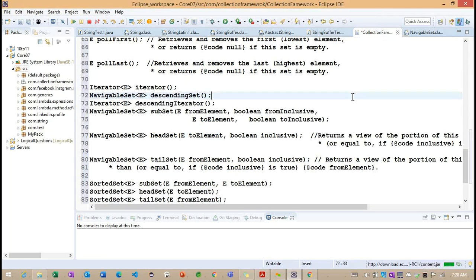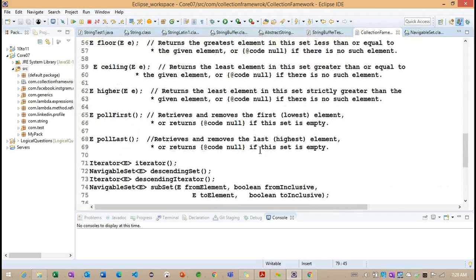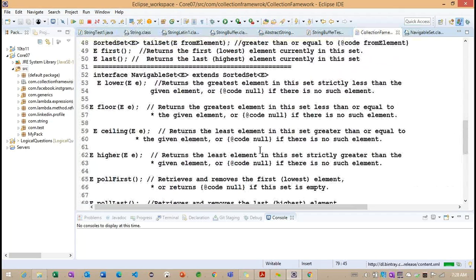We'll try to understand each method's implementation here. But for now, we just need to understand the behavior of each and every method. Getting the point? Any questions regarding the methods we discussed in the navigable set?